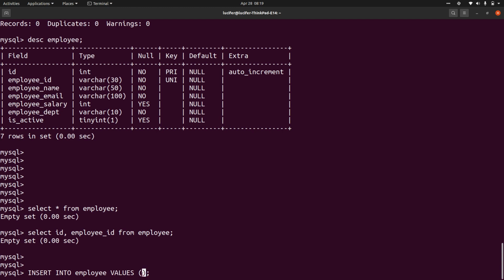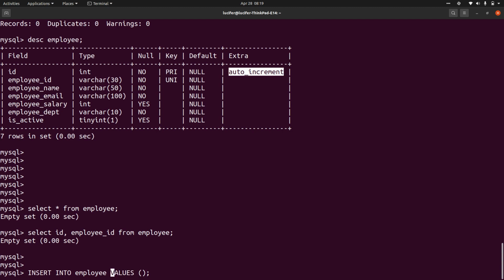If you directly use this, you will have to give all the column values, whatever columns you have. ID you don't need because we kept it as auto increment, but if I'm using this syntax, I'll have to provide the ID as well. So it's better to mention all the fields that we are inserting the values into.